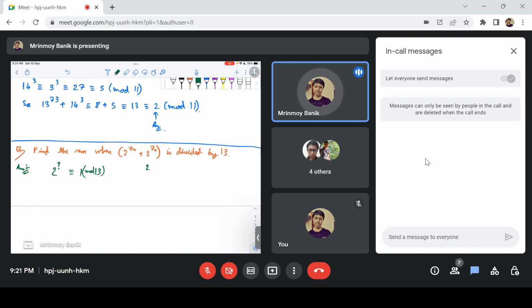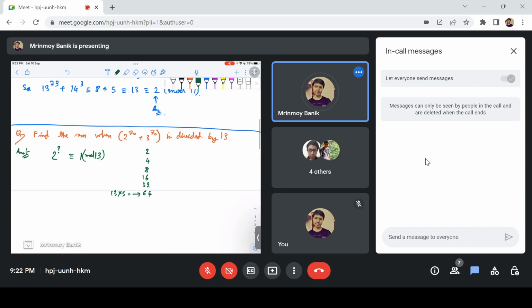So let's write down the powers of 2. So we have 2, then 4, then 8, then 16, then 32, then 64. Yeah, and so we know 13 times 5 is 65, right? So 64 is just minus 1 of that. So we have 2 power 6 is congruent to minus 1 mod 13,